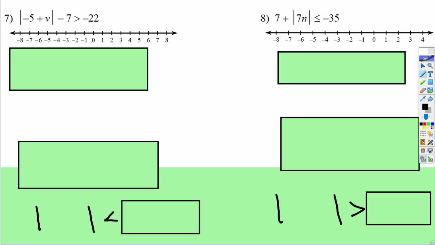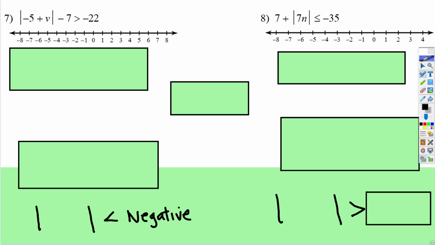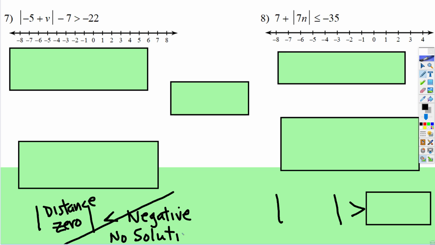Now I'm going to give you just the overview of when you've got specific situations. If you're given a situation where you have an absolute value is less than a negative number, well, remember, this says absolute value means distance from 0. Well, can you have a negative distance? No. That would always be no solution. So on this one right here, even if we add 7 to both sides, we're still going to have,